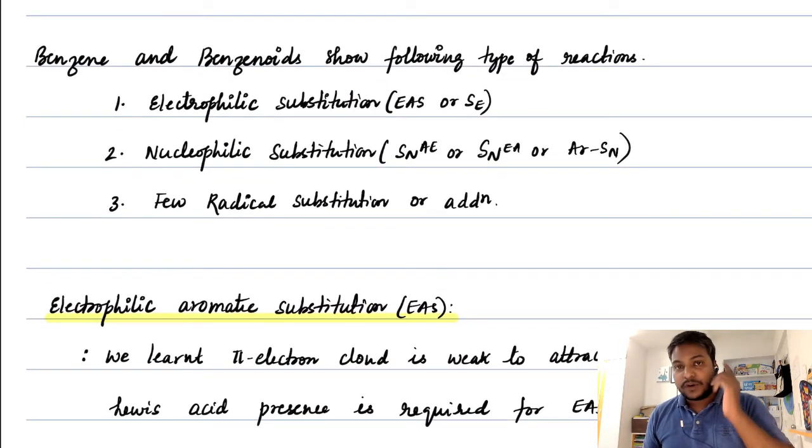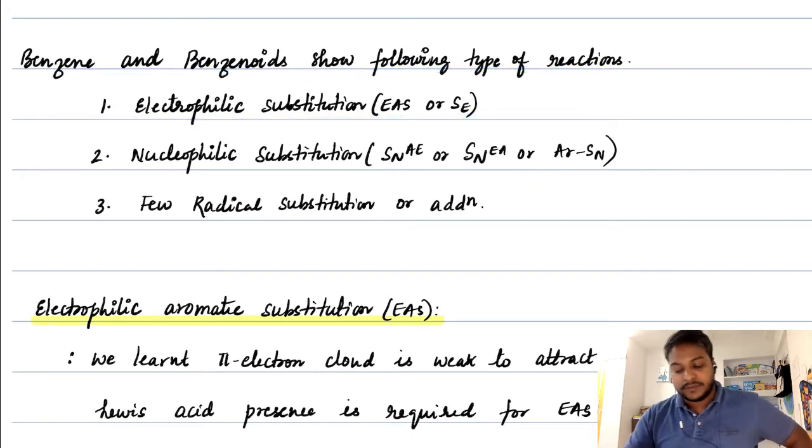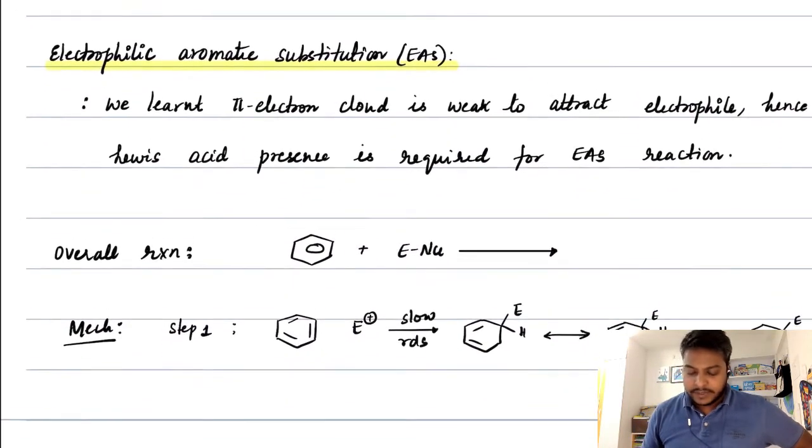Well, in that case, what is benzene more ready for, which type of reactions? Well, benzene or benzenoids show these types of reactions. The first one being electrophilic substitution. Instead of getting addition, now they can undergo electrophilic substitution. Next, nucleophilic substitution. They will undergo nucleophilic substitution also. And there are a few radical reactions, and here and there one or two addition reactions as well.